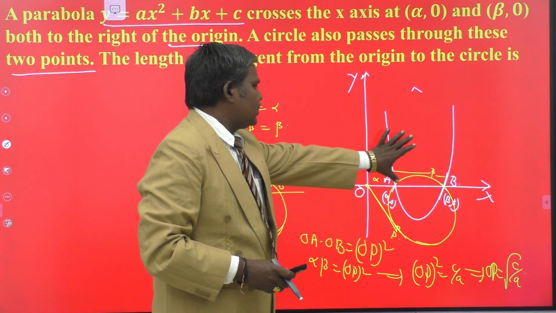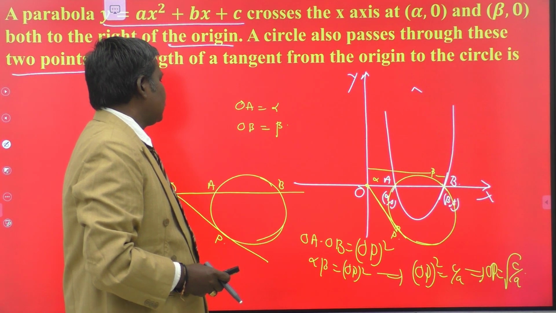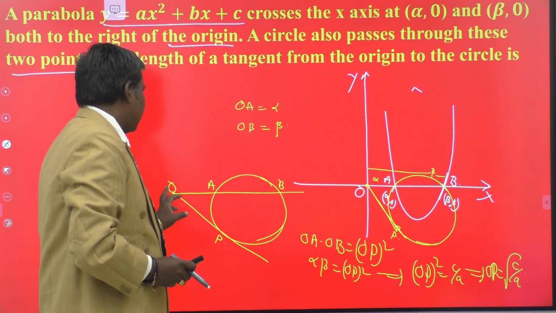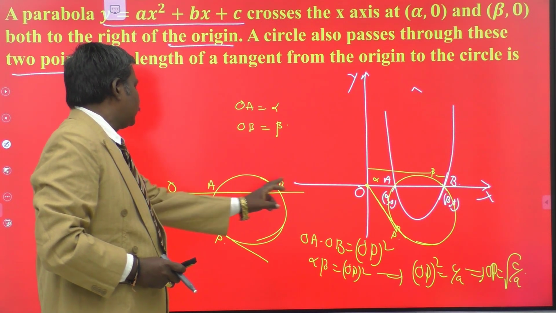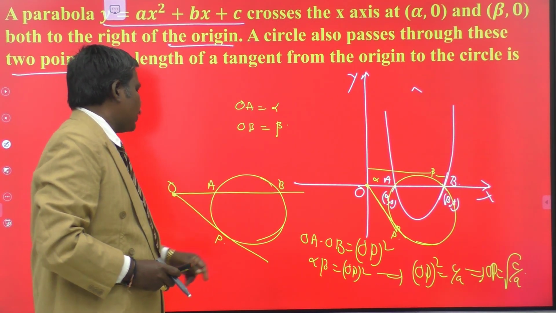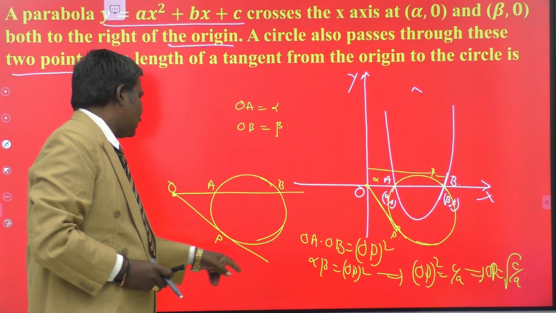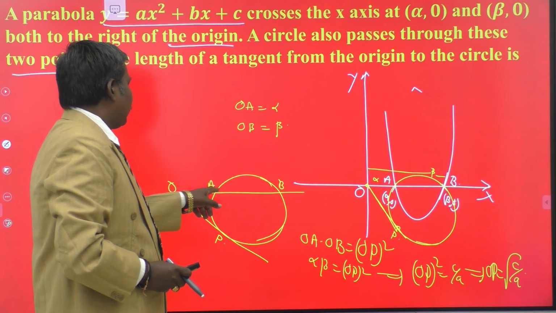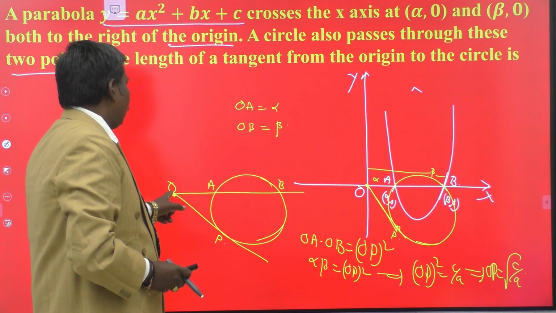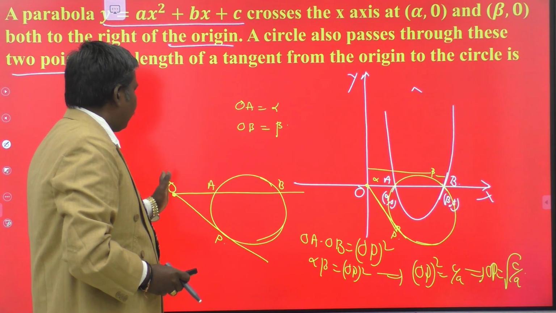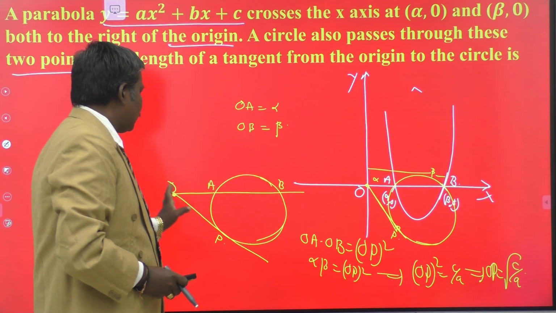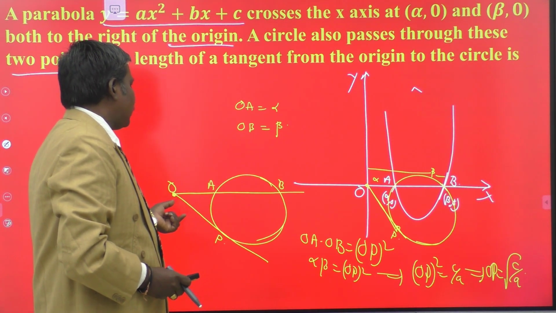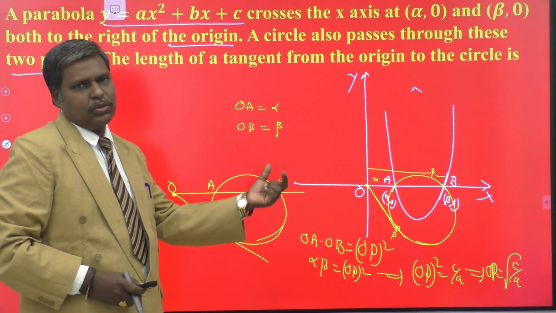So by drawing the figure itself we obtain the result. But you have to recognize this condition. Any line through some point intersects the circle at 2 points, and a tangent drawn through the same point touches at another point P. Then OA into OB, need not be O here, any point Q: QA into QB is equal to QP square. So length of tangent square, that is the actual definition, PA into PB is equal to S11.